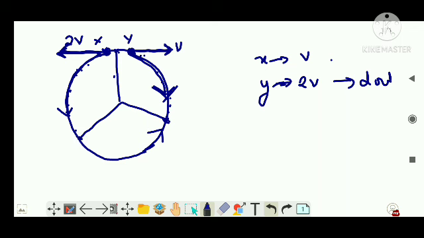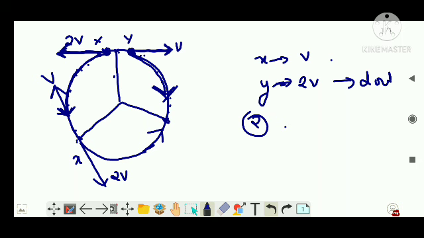So now the second collision has happened here. In the second collision, this is the direction of y, which was here, so x now will have its velocity. x will be moving with the velocity 2v in this direction, because that is the direction of y initially, and y will be moving with the velocity of x in this direction, with velocity v. Clear? So how many collisions are now completed? 2 collisions, and now x will move with the velocity 2v and y is moving with velocity v.